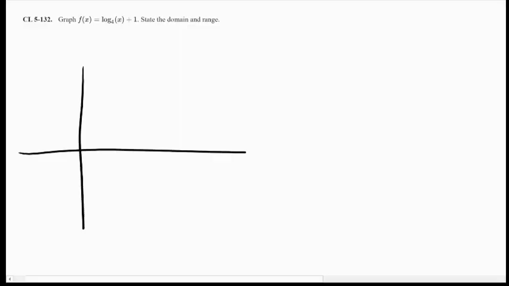Here I'm asked to graph this log function and state the domain and range. So for this one, I'm going to start by creating an XY table. And when I do this, I want to pick some strategic X values to make my math a little bit easier. The first one that I'm going to choose is 1, because if I plug in 1